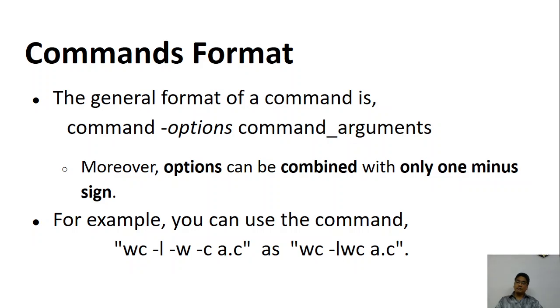So just to highlight how things are going to work, we have a command here called wc. There are three options which are available: -l, -w and -c. I can write individually -l, -w, -c followed by the argument. The last part will be the argument. So I can write these three things separately, or I can use only a single minus symbol followed by lwc. So there are two ways in which you can use it. Individually you can supply them, or you can supply all of them together with a single minus sign.